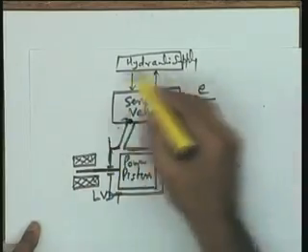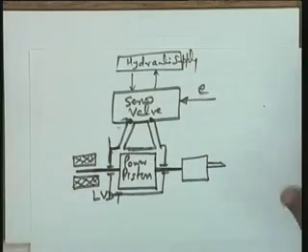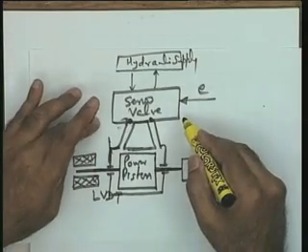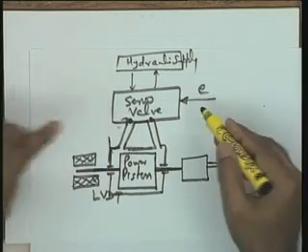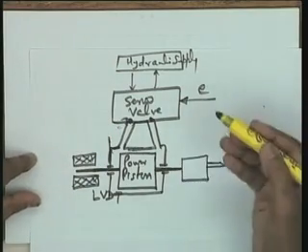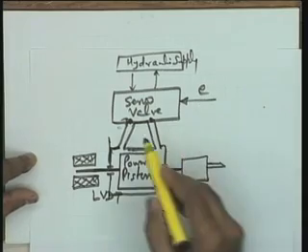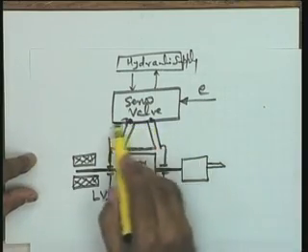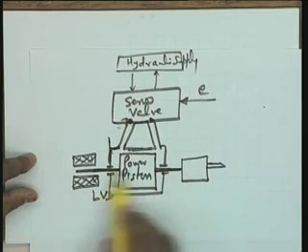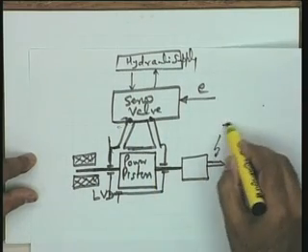The complete inside of the servo valve is not being reproduced. You look at the function of this particular block. An electrical signal, a voltage or a current signal, is the input, which normally represents an error signal. Corresponding to this electrical signal you have the spool displacement, and depending upon the spool displacement you have the power piston movement, and this power piston movement is going to move this particular tool.